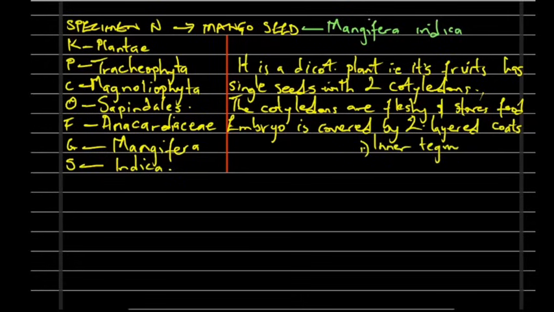And the second one that we have there, we have the outer testa. So those are the things that we have under the covering of this particular seed. Now let's look at the nutritional value of this particular fruit. It is a large fruit produced from a large tree capable of reaching about 30 meters height or a height of 100 feet. Now when we look at the nutritional benefits,